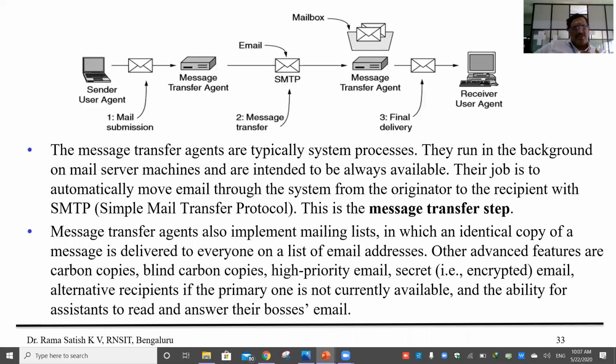So that is what the SMTP protocol is going to take care of. And the ability for an assistant to read and write answers, so the same thing.